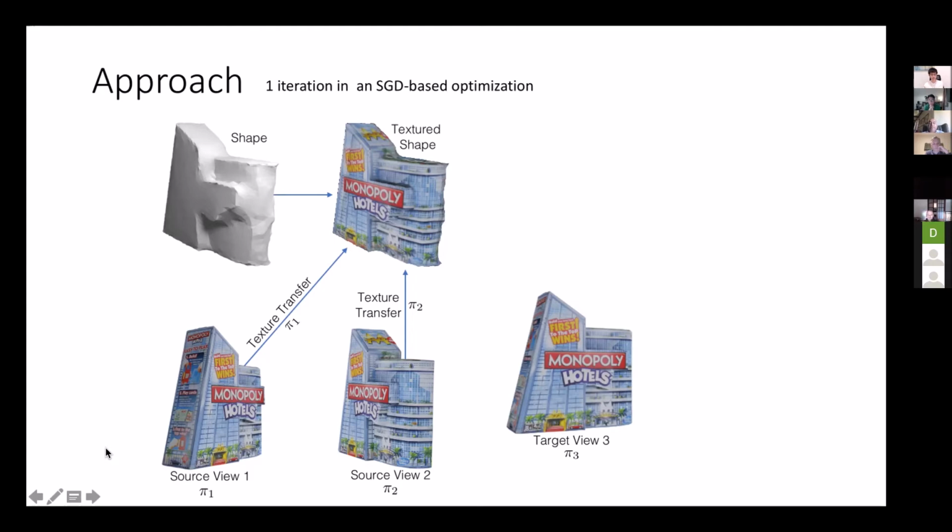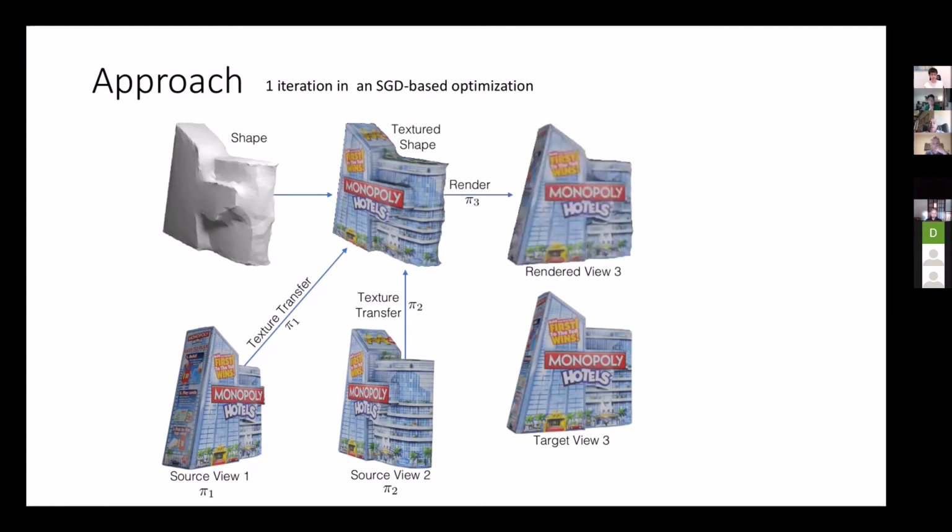Next, we've got a target view, and with these I can render. Recall I have an approximate camera, right? So I am going to render from these views, and given my current guess of the shape and my current guesses of the cameras, I can render what this object should look like from view 3. That's what I've predicted it should look like, and this is my actual view 3. These are the two between which I can have a loss, because this should be the same.